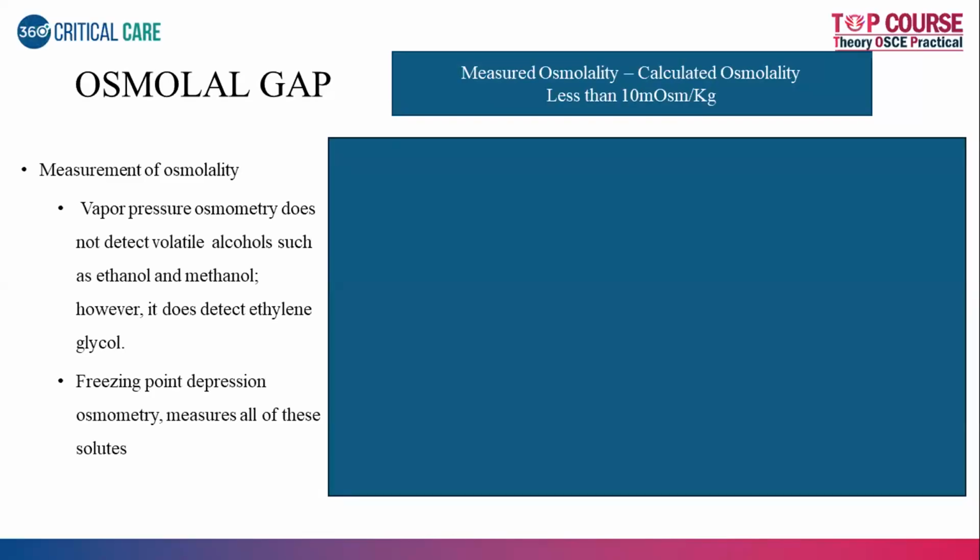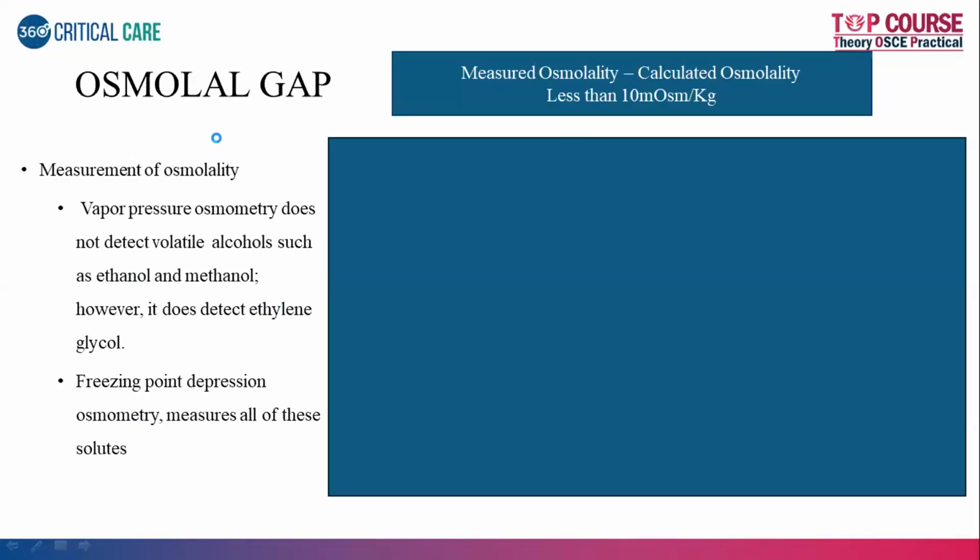So coming to measured osmolality, this can be done by two methods. One is vapor pressure osmometry, and the second is freezing point depression osmometry. Vapor pressure osmometry usually does not detect volatile alcohols such as ethanol and methanol. However, it detects ethylene glycol. But for us, the most important ones are the common alcohols which are available. So the best way to measure these alcohols is freezing point depression osmometry, which actually measures all of the